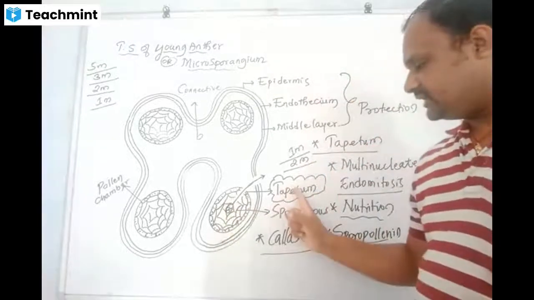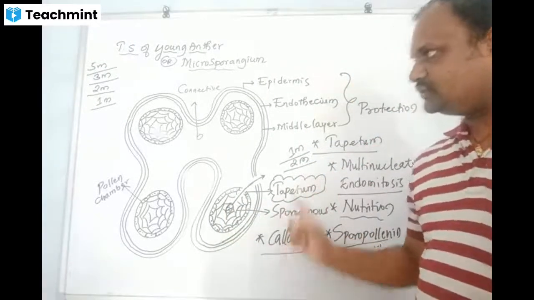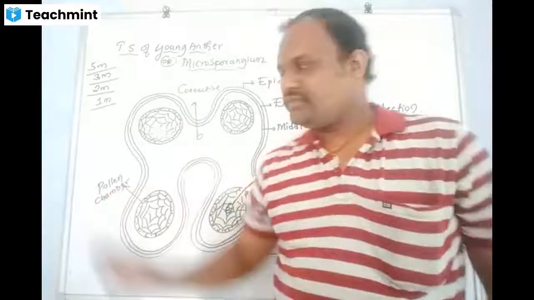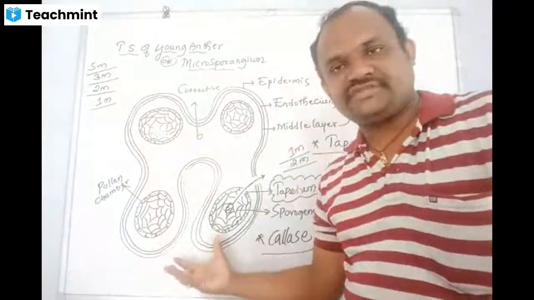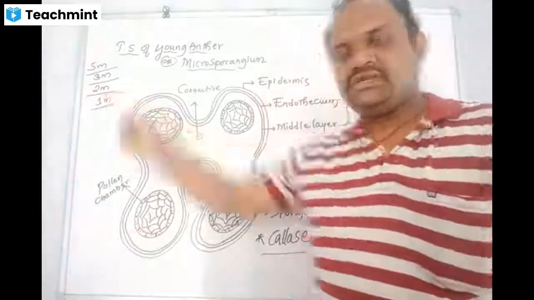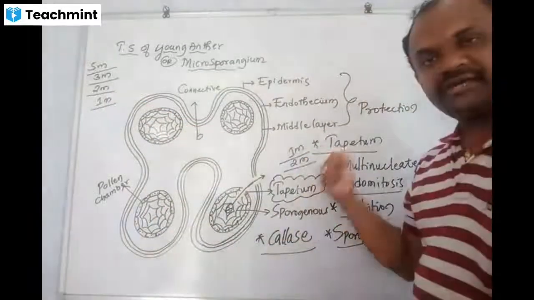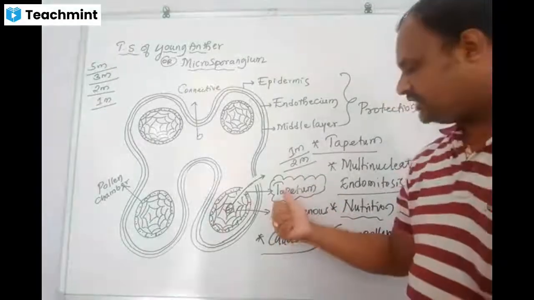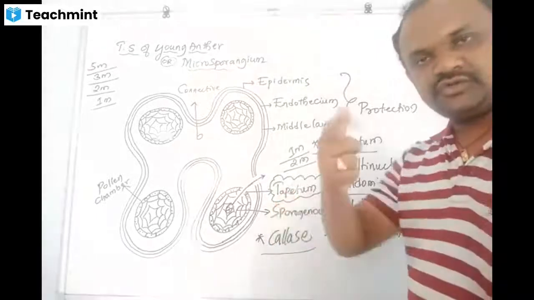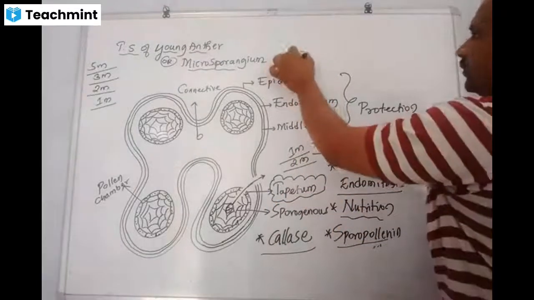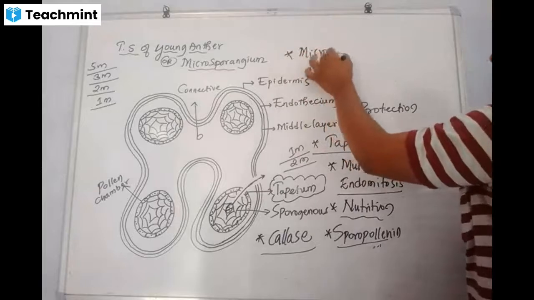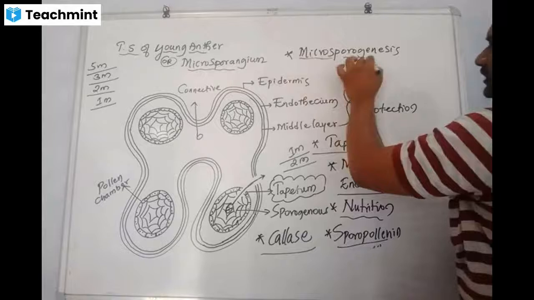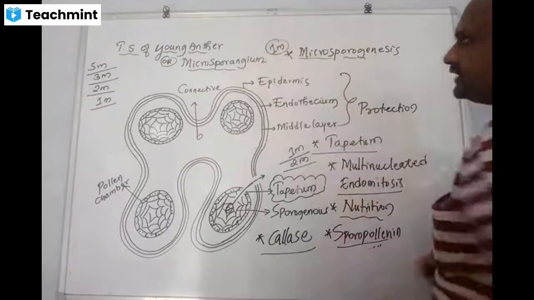So you know the tapetum cells and the sporogenous tissue. Here, for 5 marks, explain with a neat labelled diagram: 3 marks only for the diagrammatic representation, and 2 marks for the definition of the tapetum and its function. And one more: what is the sporogenous tissue? The definition of the tapetum may come. And finally, what is microsporogenesis? Many times, a one-mark definition question is asked.